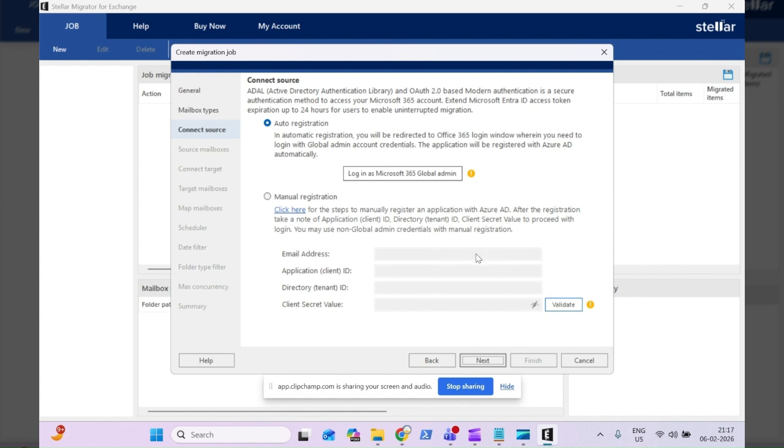And once the validation is done, then this source tenant will be linked, and you have to do a similar thing for the target tenant, right? So we have to connect to the environment, and this is a common requirement for any third party tool that you want to use for migrations from one tenant to another tenant.